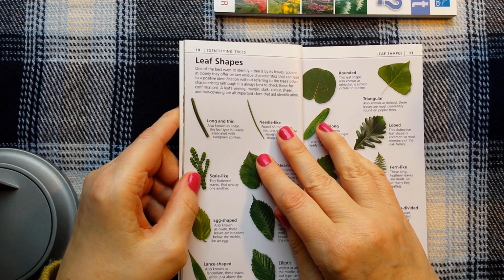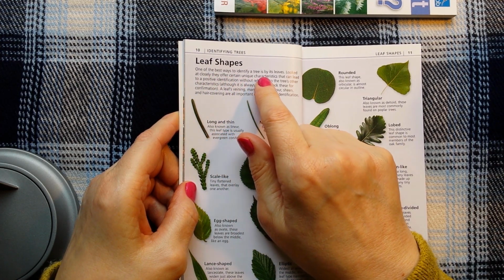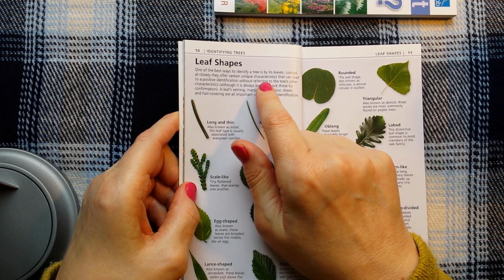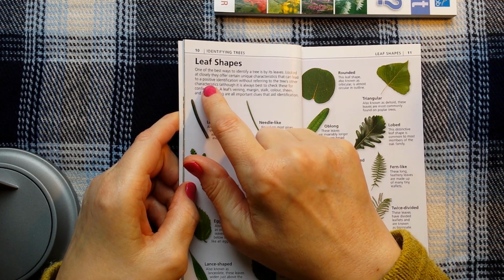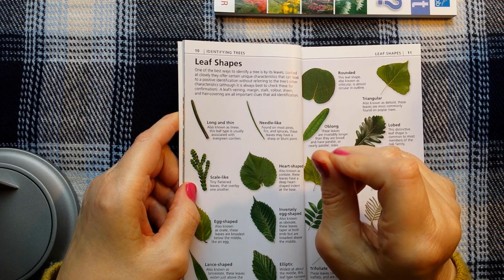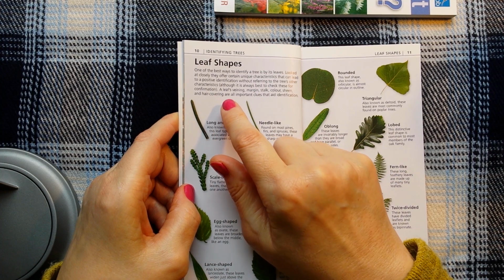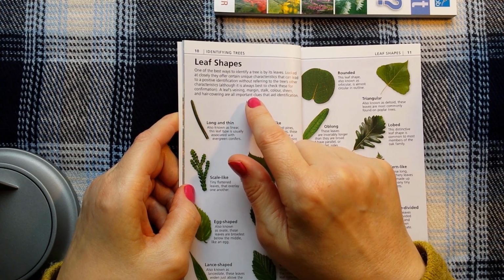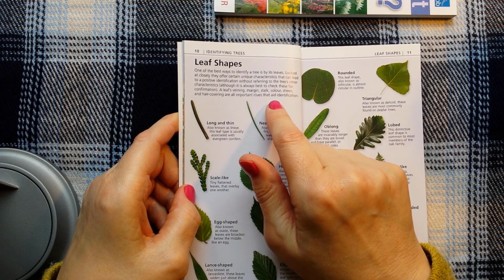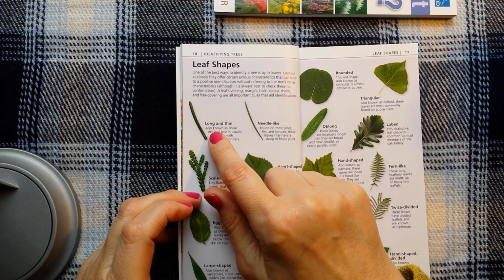Leaf shapes. One of the best ways to identify a tree is by its leaves. Looked at closely, they offer certain unique characteristics that can lead to a positive identification without referring to the tree's other characteristics, although it is always best to check these for confirmation. A leaf's veining, margin, stalk, colour, sheen, and hair covering are all important clues that aid identification. So we've got long and thin,